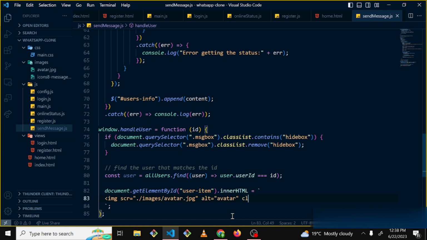We'll give it a class of mx-3, give it a class of user-img-fluid, then we'll pass an on-click,